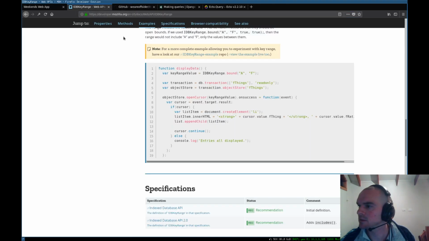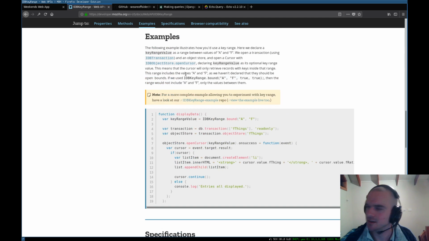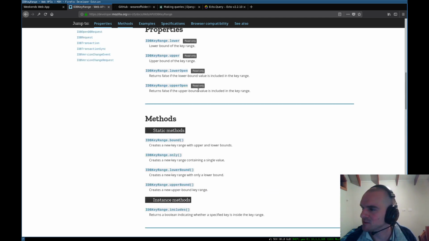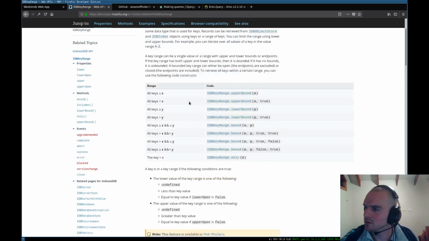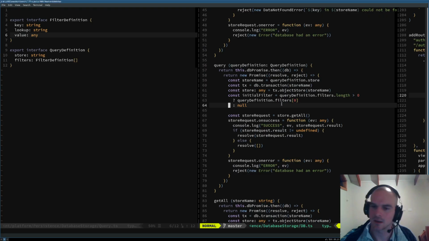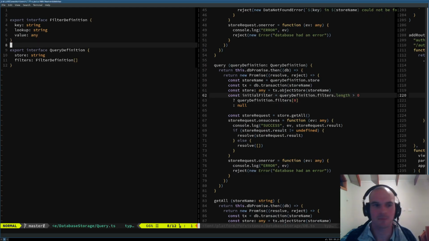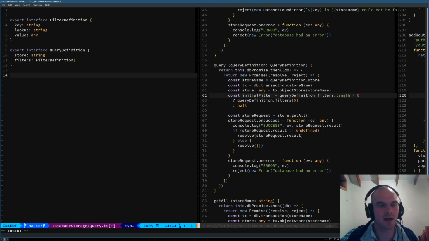So let me jump back to the documentation real quick. I'll just sort of glance over this as I'm going. If you want to keep an eye on this, then pull it up in your own tab or something like that. What I'm going to do is make an only key in response to this, and I guess it's important that I have some sort of clear way to build these keys out on this end. So what I'm